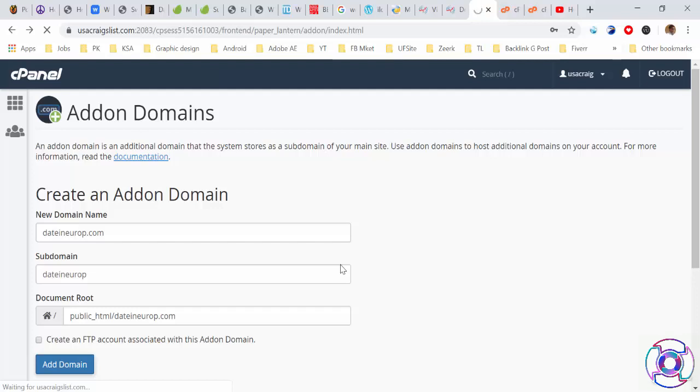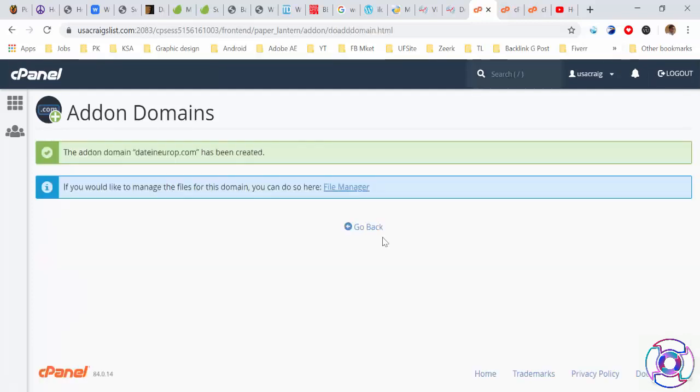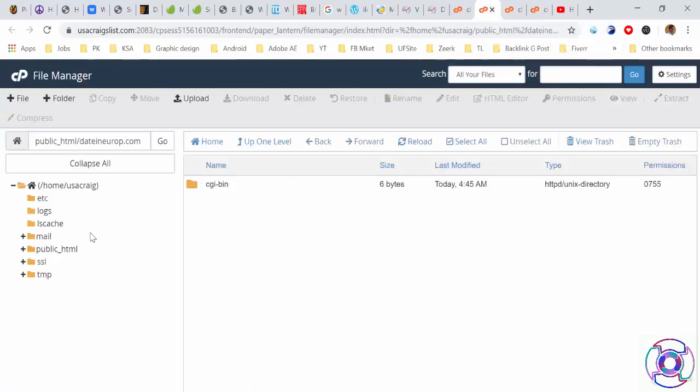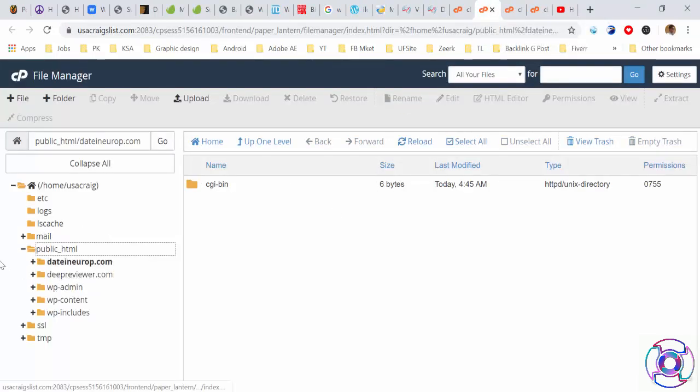So guys, I have already created the domain. You can see here add-on domain. The add-on domain dateineurope has been created. If you would like to manage files, you can go to file manager. So if I click here, you guys can see my domain name created here.